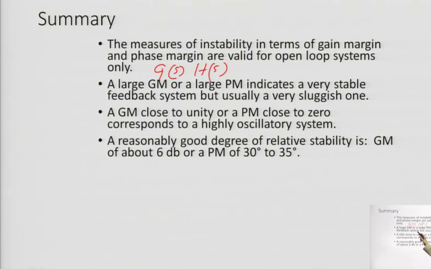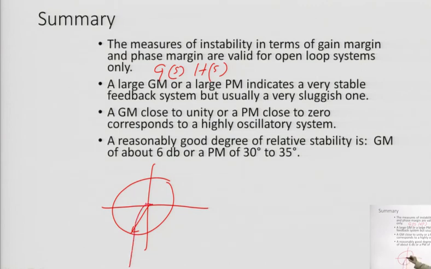A large gain margin or a large phase margin indicates a very stable feedback system, but usually very sluggish. Large gain margin means the plot is somewhere here, something like this. So, there is a very large gain margin here, where the system can go to the verge of instability, and also the phase margin is very large,